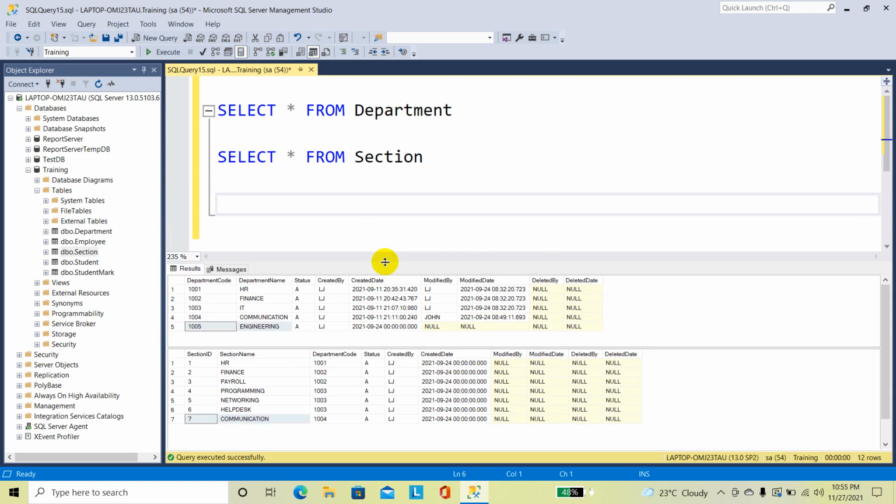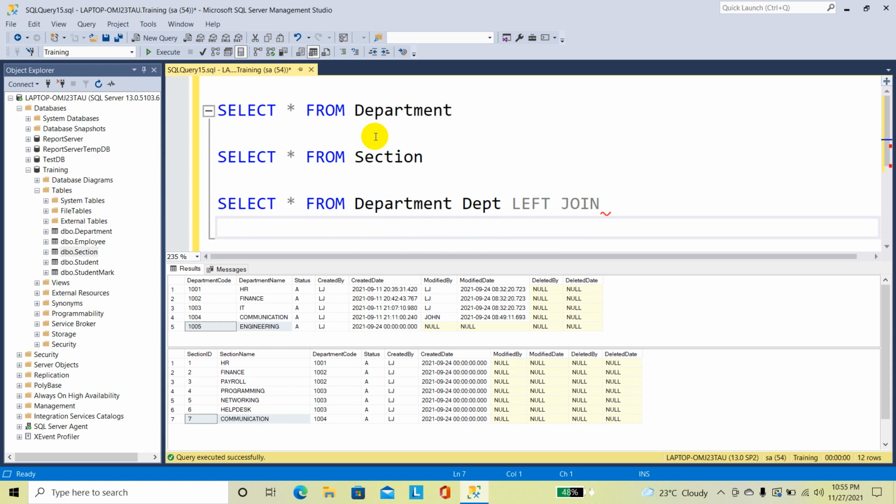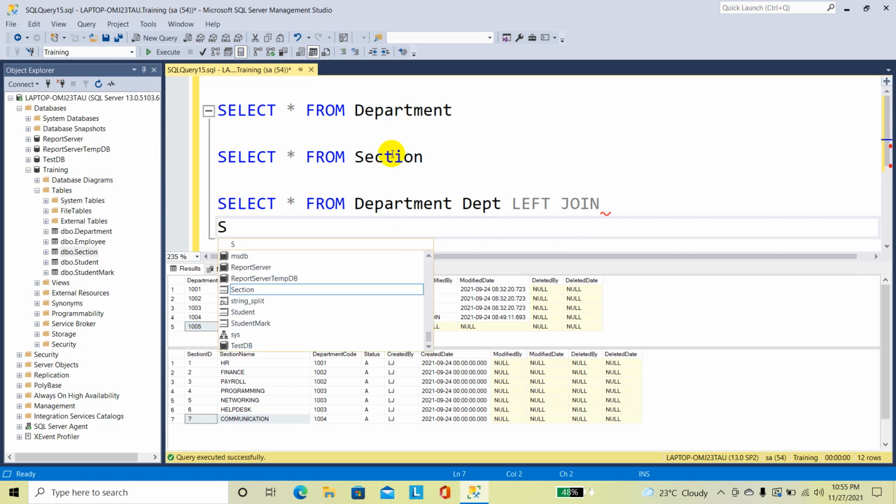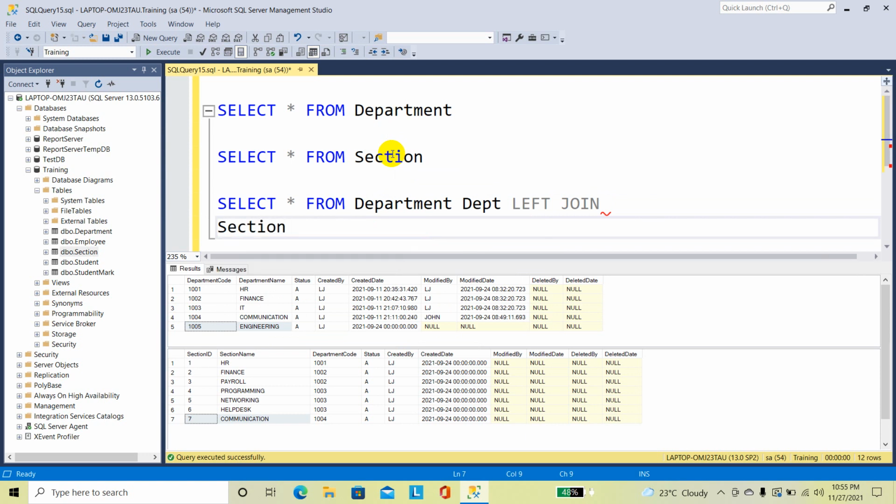Now I am going to do the left join of both the tables. The syntax is select star from department left join. I am going to do the left join with the section table.